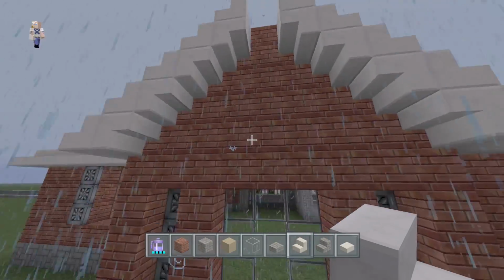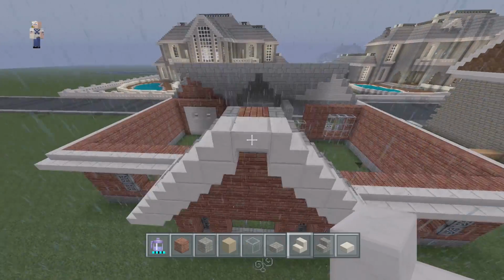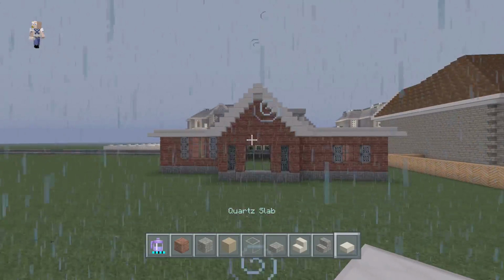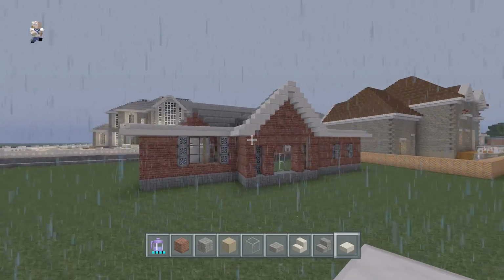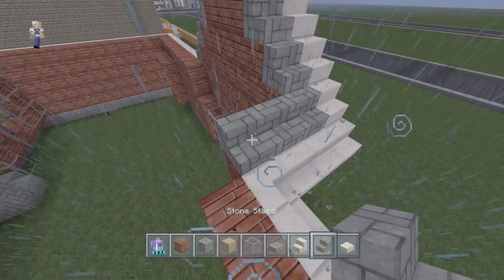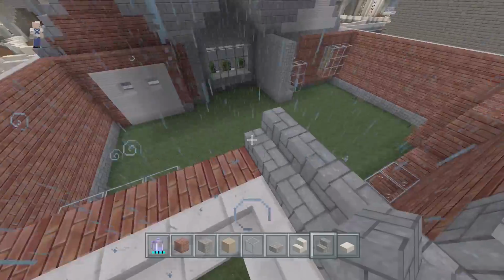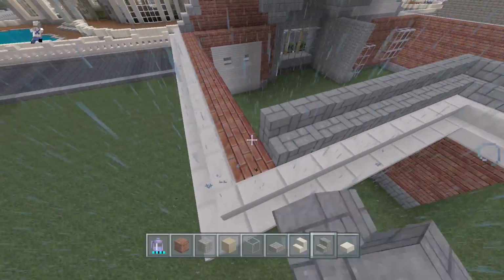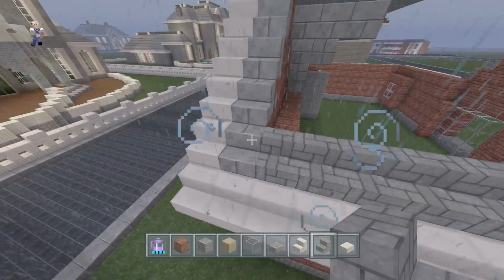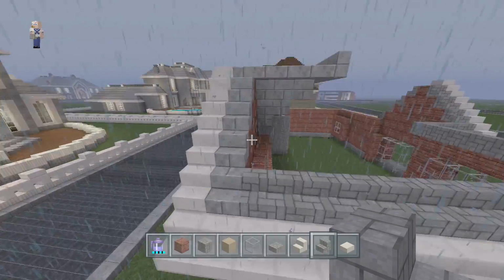And when I was actually deciding about this house, I was thinking, do I want to use quartz again for the outline? But I couldn't think of any other material that would have looked better than quartz for this. So I'm sticking with quartz. Alright, and just like any other roof, what we're going to do now is have it follow the outline. So at some point, it will all meet together at a point, and we already decided on the roof.